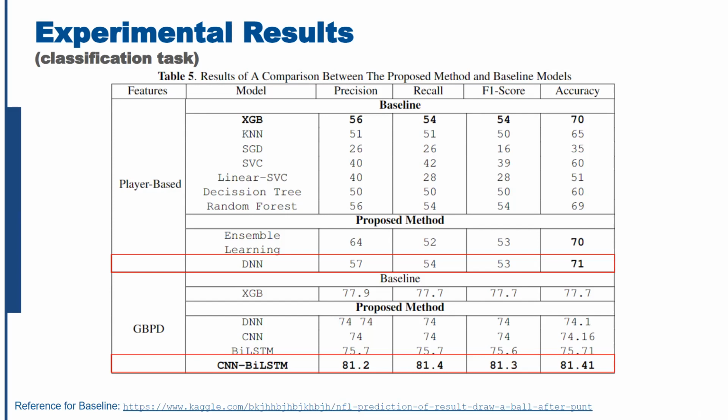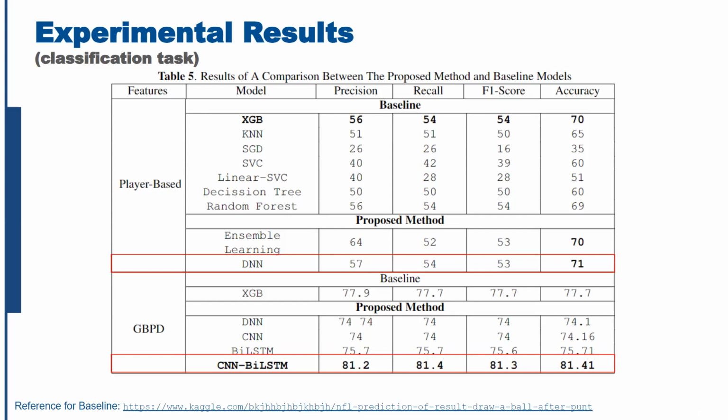And considering our previous result, which shows that the deep learning model outperformed several machine learning models, here we adopt several deep learning based approaches to build the classification model, and we propose a CNN BLSTM approach. All of the classification result accuracies improve after incorporating the graph-based positional dependency feature. Compared to the overall model architectures, our proposed CNN BLSTM model obtains the highest precision, recall and F1 score and